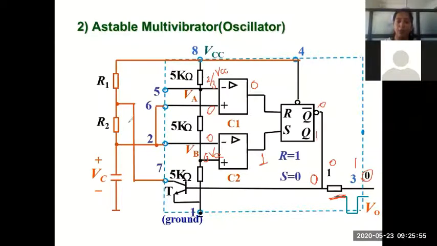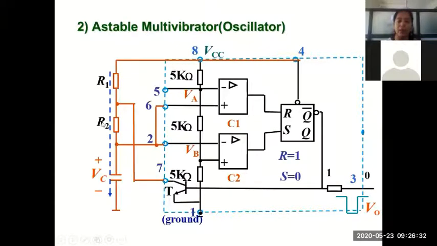Now let's see what happens. This capacitor should start charging. I told you to either assume the output to be in 0 state or 1 state. If we assume 0 state also, it is no problem. In both cases, it will generate the previous state. The output of the flip-flop will just remain. So now what happens? The capacitor tries to charge towards this VCC.